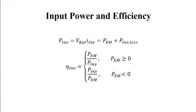And this will be the input power and efficiency. The input power is the voltage provided by the battery times the current flowing in the inverter circuit. We should provide the power to the electrical motor and also to the losses. So this will be the total input power of our inverter circuit, and the efficiency will be, if the electrical motor power is